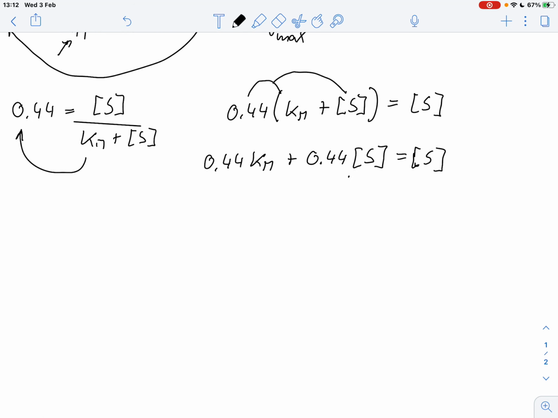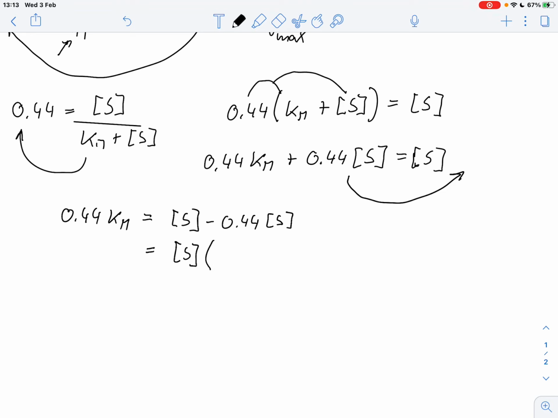What we need to do is bring everything with S to one side and everything with Km stays on the other side. So we've got 0.44 Km equals S minus 0.44 times S. And in this case, I can factor S out. So that would be S times 1 minus 0.44,